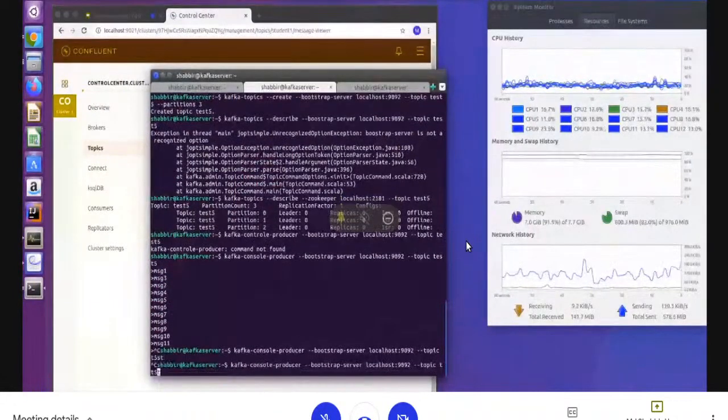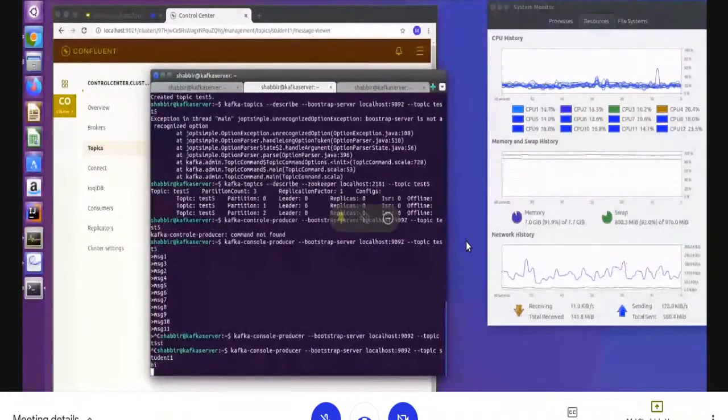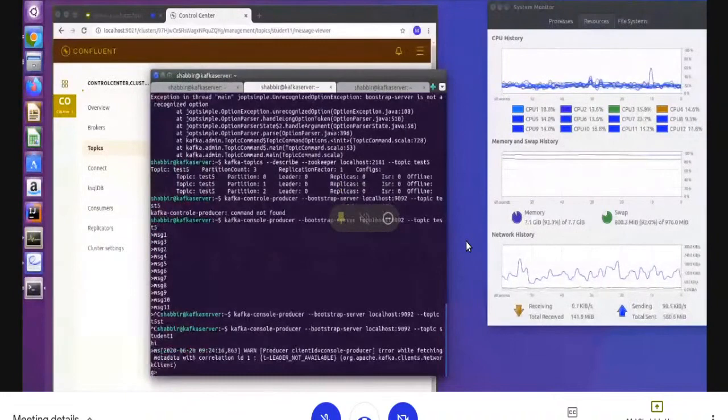Now here I'm producing some data in student 1, the topic I have created. I'm producing some data from the command line, using the console producer.